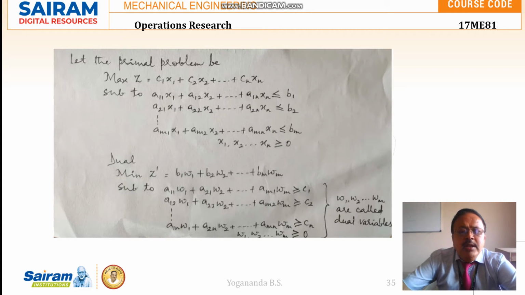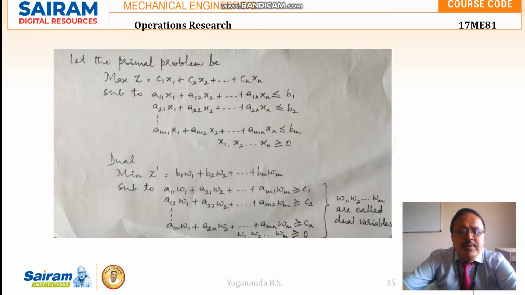So here we have maximization of z in the primal problem. In the dual we have to write it as minimization. If it is minimization in the primal, in the dual it has to be written as maximize.